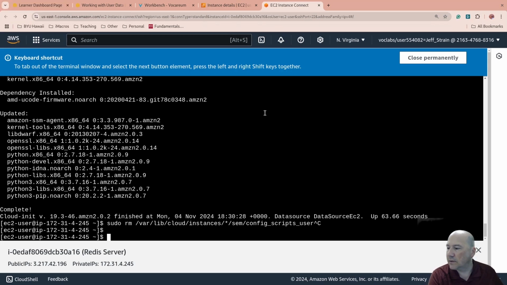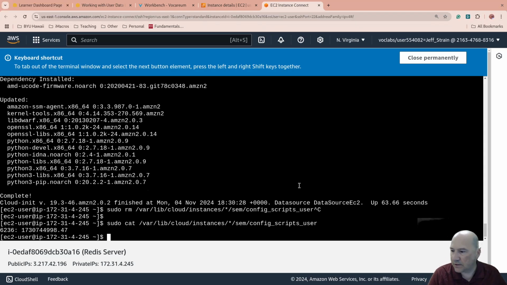I want to cat that file, so we're going to have to do sudo cat, because this is not the file we just looked at. It looks like we just remove this